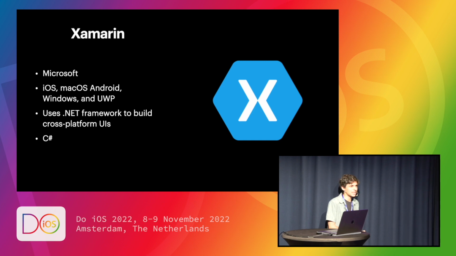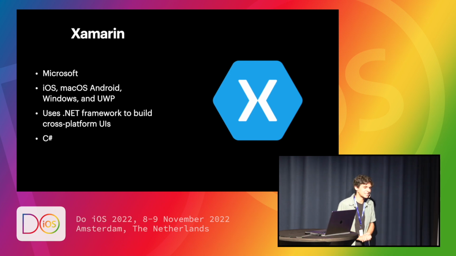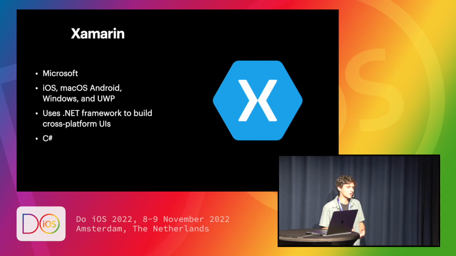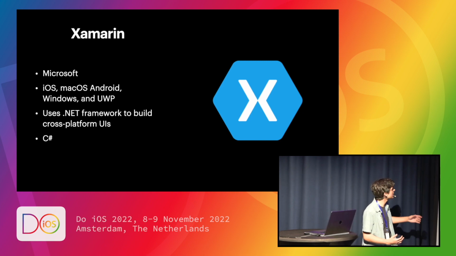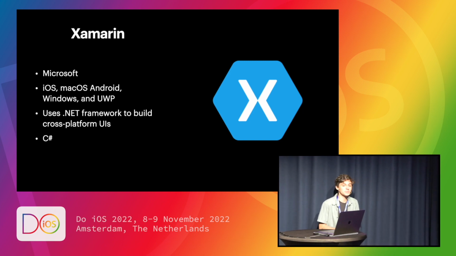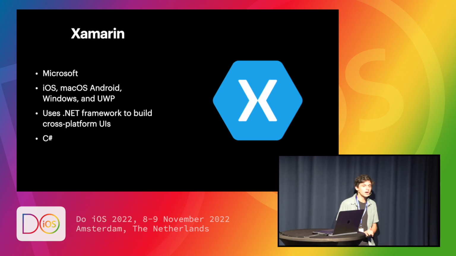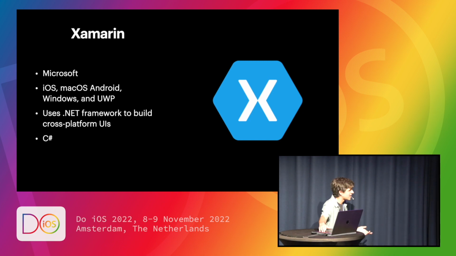Microsoft has done the same because that's kind of what we've fallen into in tech: everybody does the same thing and sticks a different label on it. But Microsoft's version is what they call Xamarin, and this is going to use the .NET framework to build cross-platform UIs. Again, it supports a lot of things and uses C#. C# is really interesting to me, especially because it looks a lot like Swift, but they're definitely not related. This is like some sort of distant cousin who for some reason has a lot of the same look as Swift, but it's not Swift.